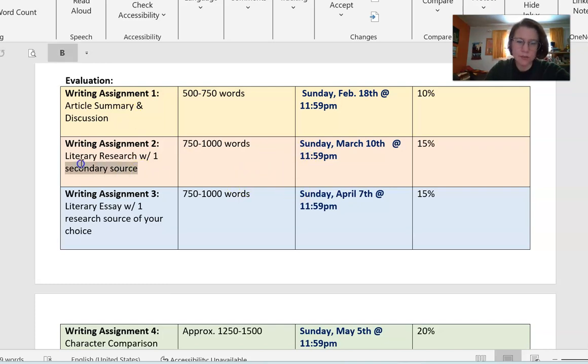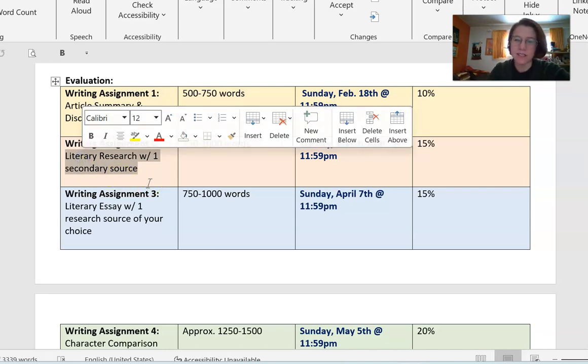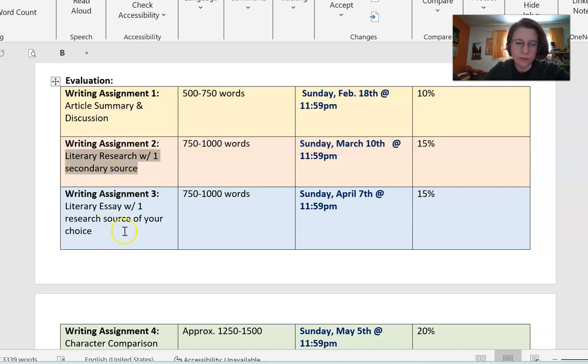Writing assignment number 2 is going to take that original journal article from assignment number 1 and also discuss it in relation to the education of Augie Morasti, which we'll read as a class. So you'll end up writing an essay about the education of Augie Morasti and also bringing in a little bit of research from that journal article. That one's worth 15%, and it's going to be due Sunday, March 10th, and it's around 3 to 4 pages in length, double-spaced.